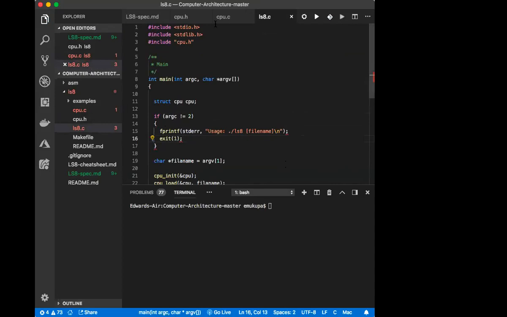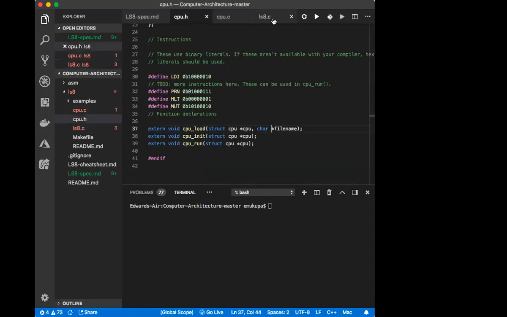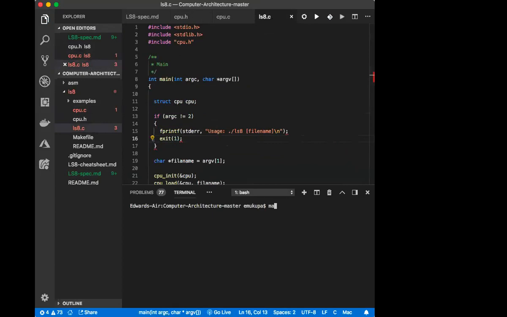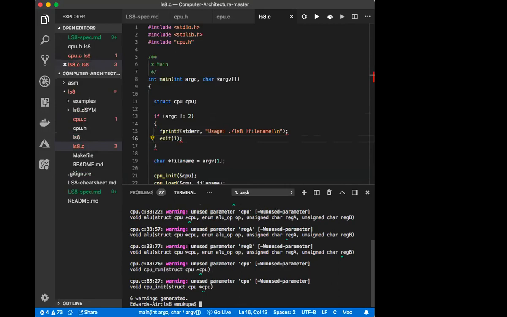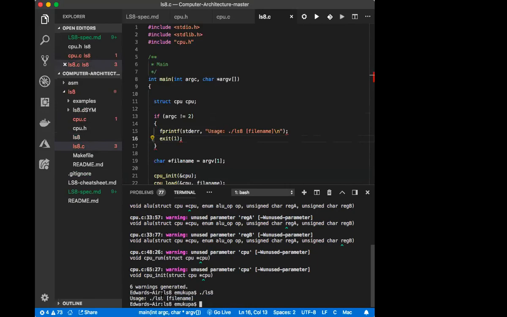Okay, we'll compile it. Let's see what it says. All right, and to compile this, you just say make, and it compiles. And let me use it. It's going to tell me that I need to pass in a file name, right? And then if I pass in a file name,